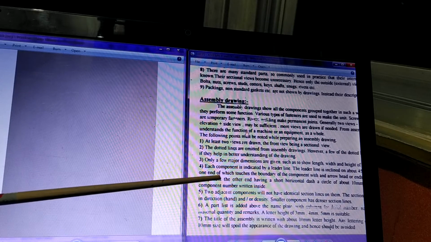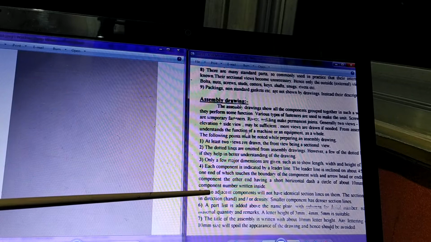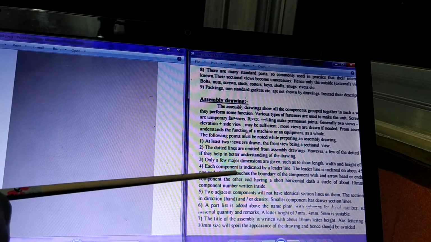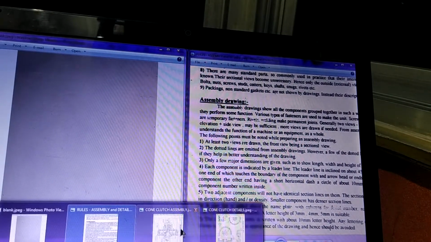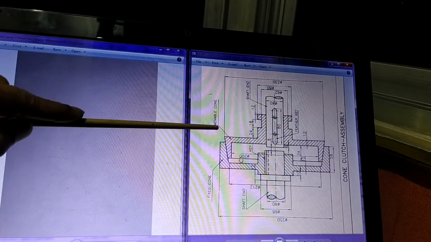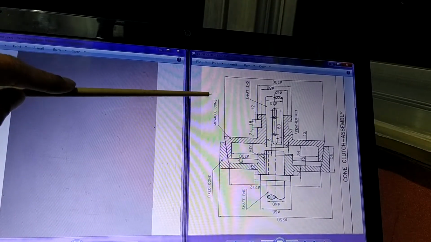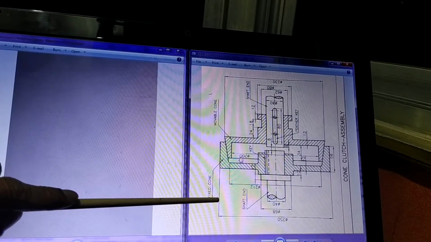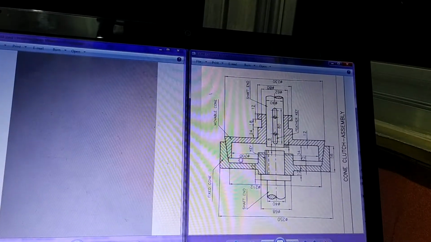Then, as we have just described, only the overall dimensions are to be shown in the assembly drawing. Then each component is indicated by a leader line. So I'll just show you where it is. This was the assembly drawing, and here you can see a part name. Instead of the part name, the number of the part is written by drawing a circle here. So if it is part number 2, you write 2 in the circle, then you write 1 in this circle, and so on. All the parts are shown by their numbers.